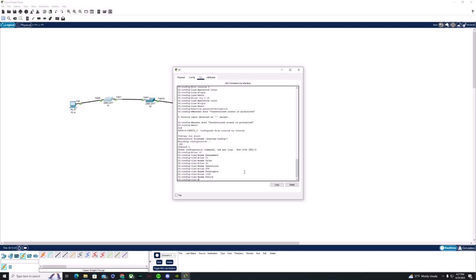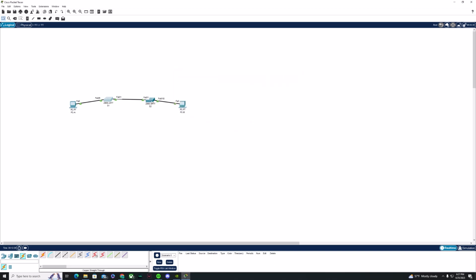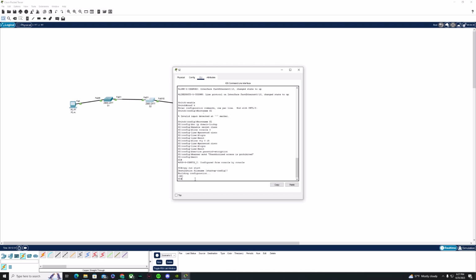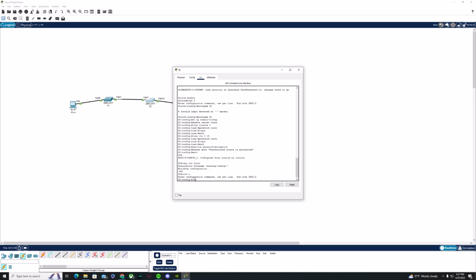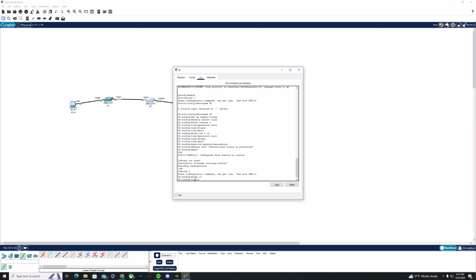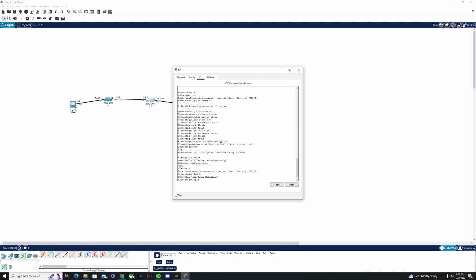Great. Alright, now we're going to do pretty much the exact same thing on switch 2 here. Alright, so let's go ahead to switch 2. So let's type in configure terminal. We're going to do a VLAN 10. Said this one's going to be management, VLAN 20, sales, VLAN 30, it's going to be operations,